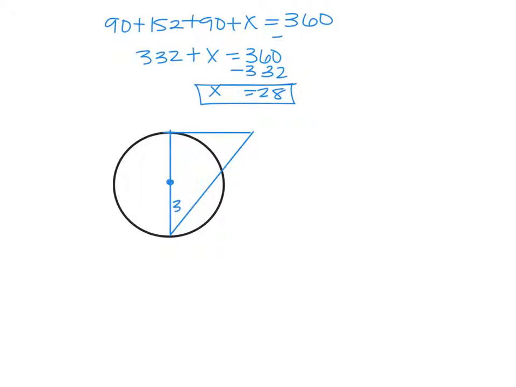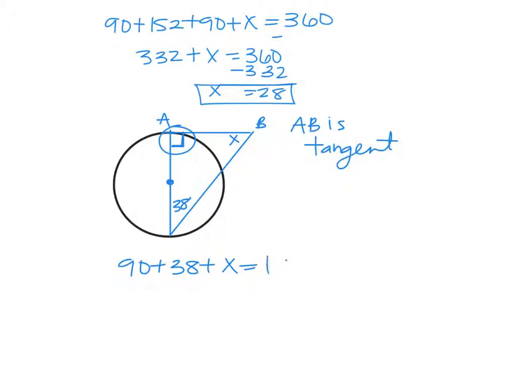Okay. So if this is 38 and we want to know this angle, what do we do? Right, so now it's a triangle, so it's got to add up to 180. We know this is perpendicular. Actually, we don't know, but I'm telling you right now, AB is tangent. So if AB is tangent, then this has to be 90 degrees. So you have 90 plus 38 plus x, that would have to add up to 180. So you're just going to take that 128 away, which means x is going to be